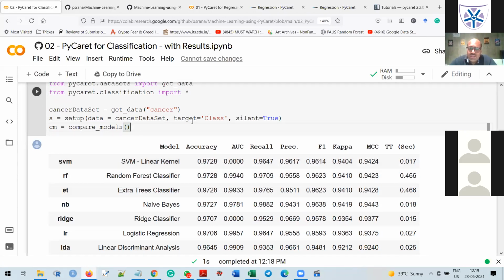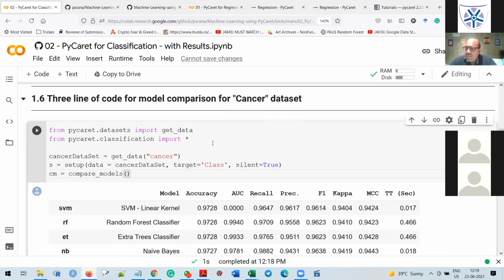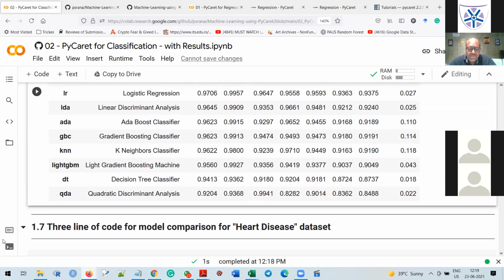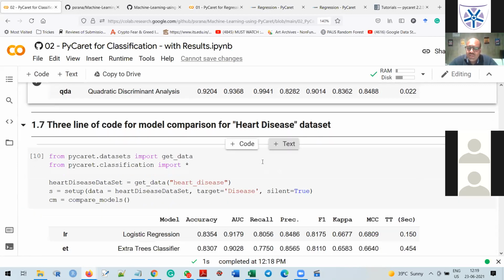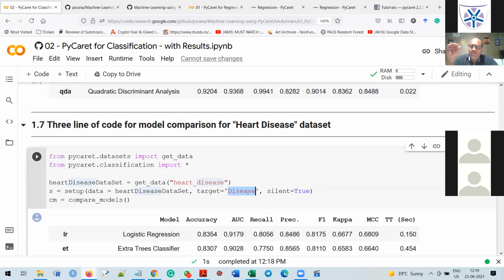Okay. So this is the 3 lines of code you need to run to compare multiple models in just a single go on your data set. Now come to the next, 1.7. There is a data set with the name heart disease, in which there is a target column, disease, and that is just a binary classification problem: whether there is heart disease or not.